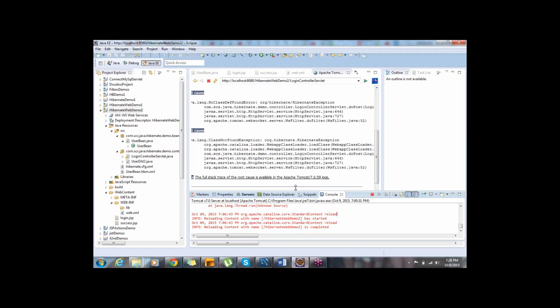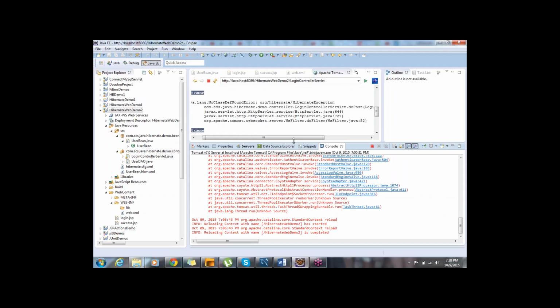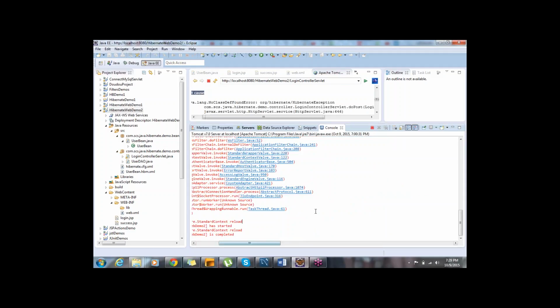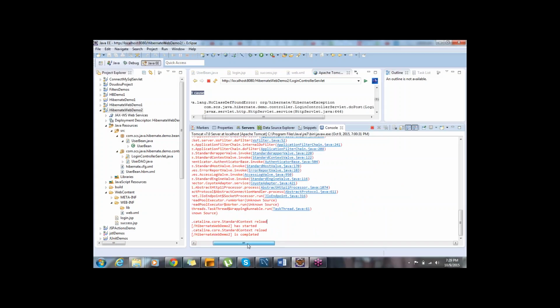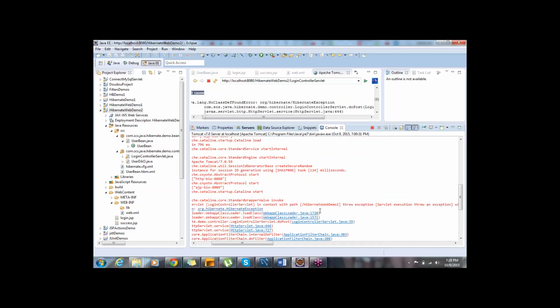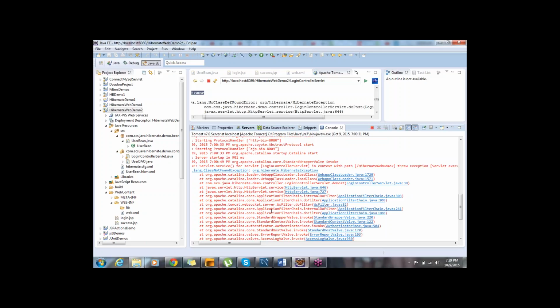Maximize the console. On the console, you slowly scroll up. On the console, you scroll up. Wait. Yeah. Hibernate web demo 2 threw an exception. Servlet execution threw an exception with